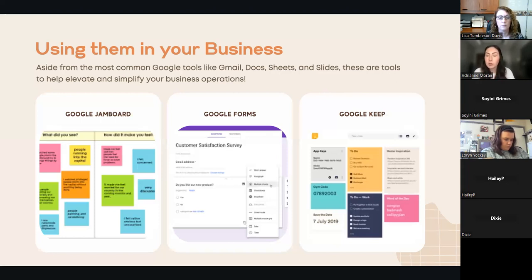Next, we have Google Forms. So if you're not familiar with Google Forms, they have tons of templates. They're super duper customizable, which I absolutely love. And they have a variety of questions that you can ask. So these are anything from short answer to paragraph, multiple choice, a select all that apply with the check boxes. They also do drop boxes, different things like that, that can allow you to encompass so many different types of questions and really gauge what you're looking for.